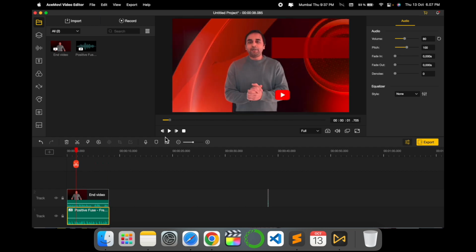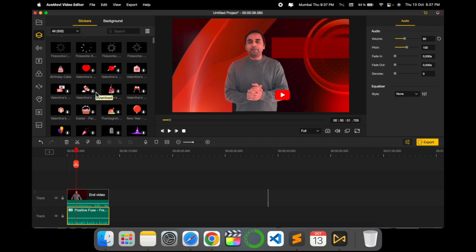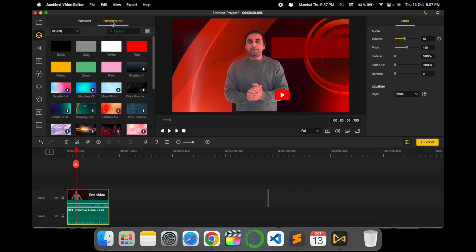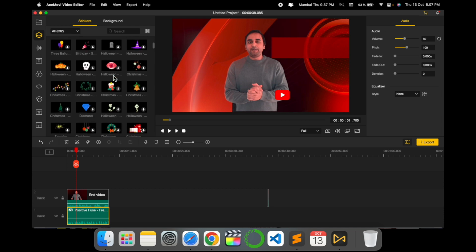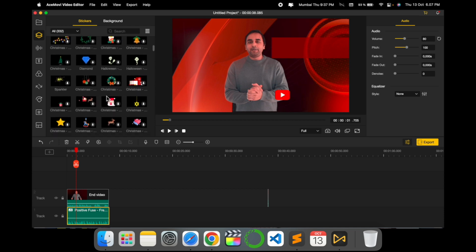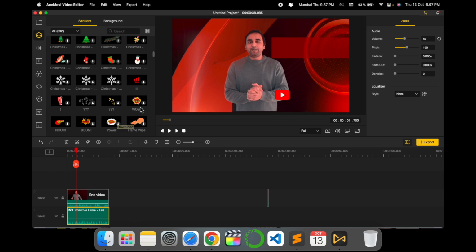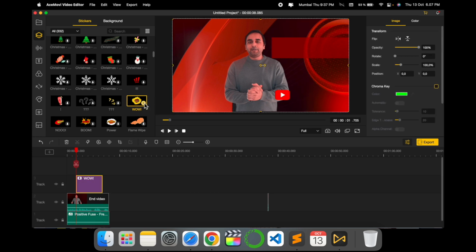It's very easy. Here several options are available, which sticker, which background color you want to change. So you can select and very easily change. But here I just simply add one of the stickers. For example, suppose this is wow. So first of all, you need to download this one, and it's very simple. It's a very small size. And then after finishing the download, you just simply add here, and you can decide the